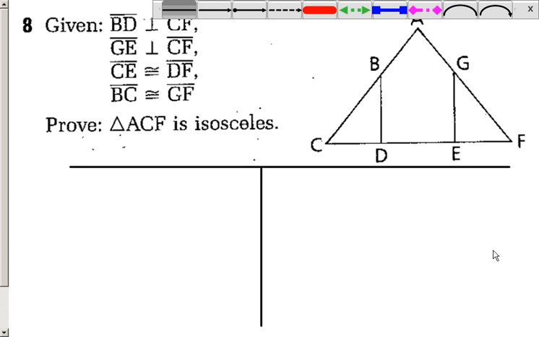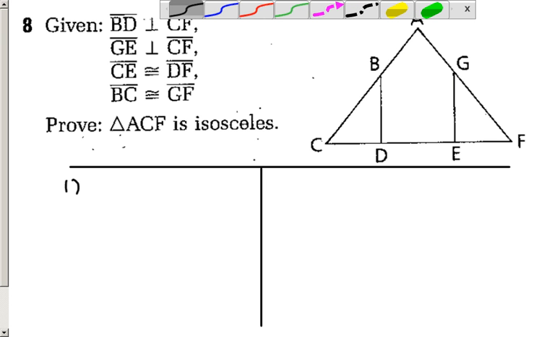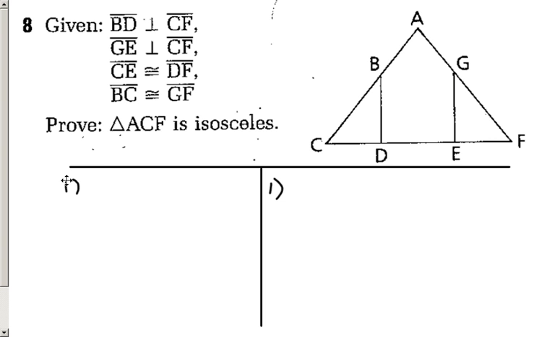All right, here's problem number 8 from section 3.8 as requested. This is again a proof. It's coming in the section where you prove triangles congruent using a new way, which is hypotenuse leg. So I've got to prove right triangles here in order to prove that I have congruent triangles. So what I have here,